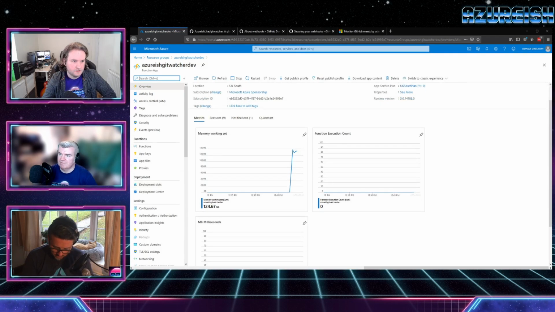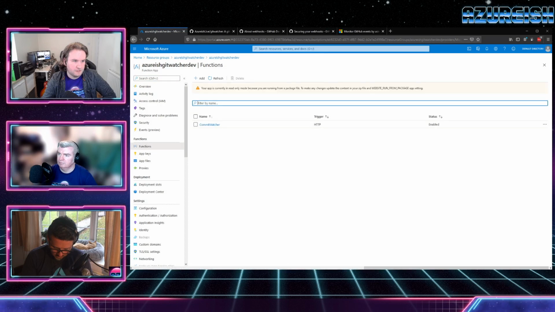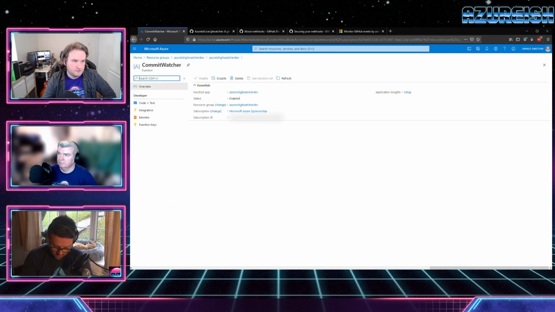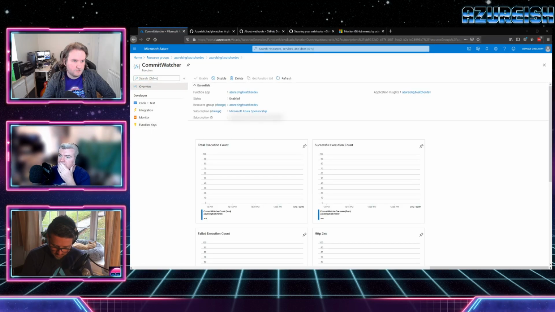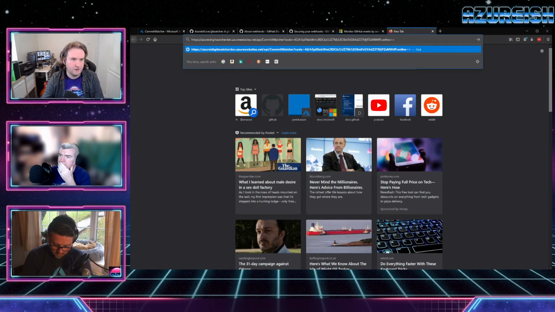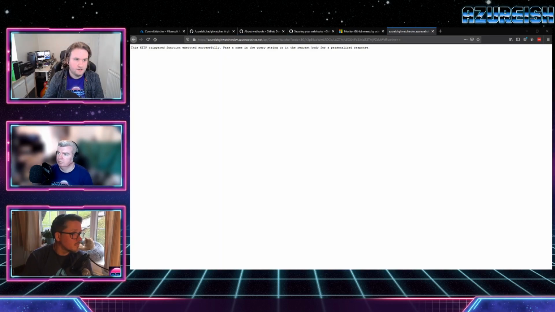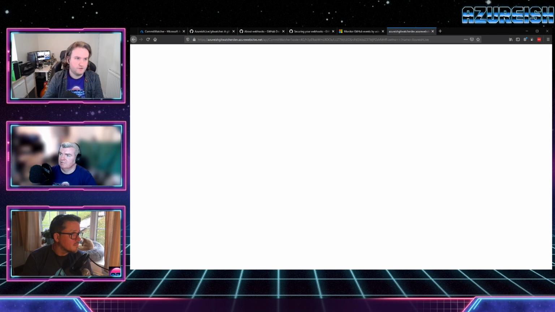Yeah, so let's grab it from inside here as well. So here we are with our subscription. We should have our functions in here as well. There's commit watcher, there it is. And then we can get our function. We want to get our function URL when it loads. The default function key, yeah. So let's copy that out. And if we go, oh yeah, it should still change it, right? So if we go to here, we can see that it's signs. No, there is loads of stuff in there. There we go. Name equals Azureish live.